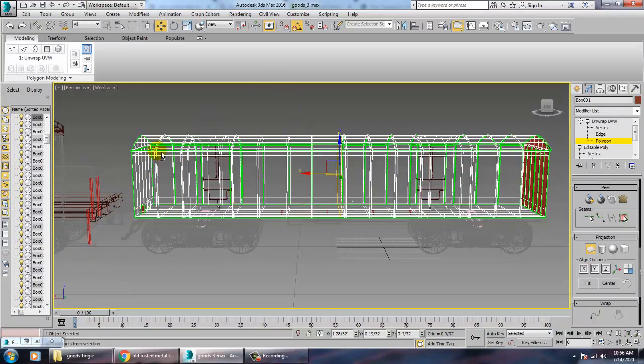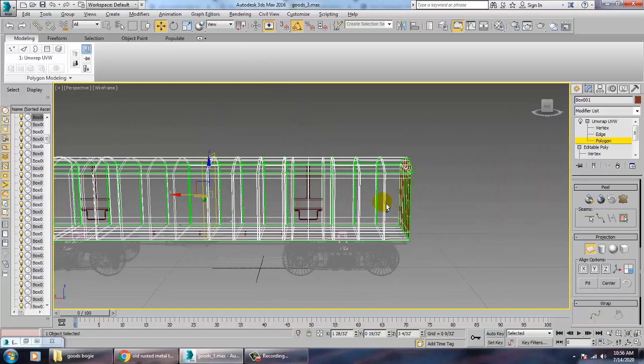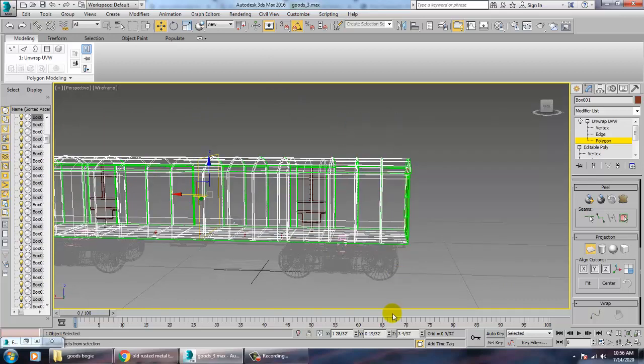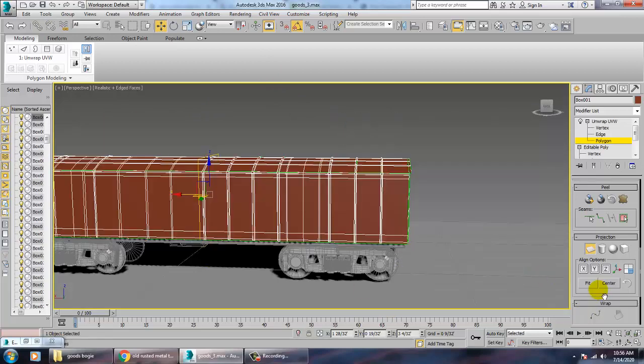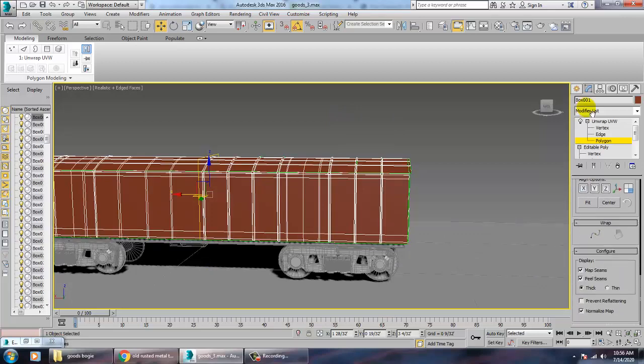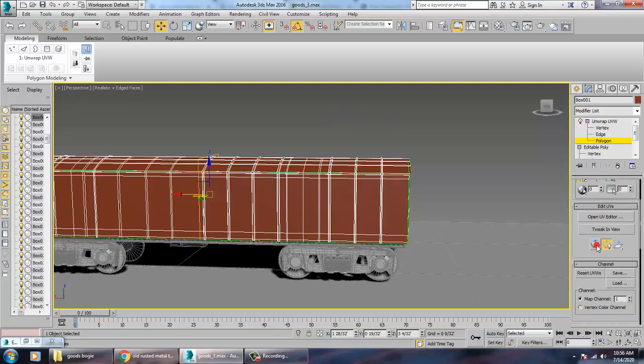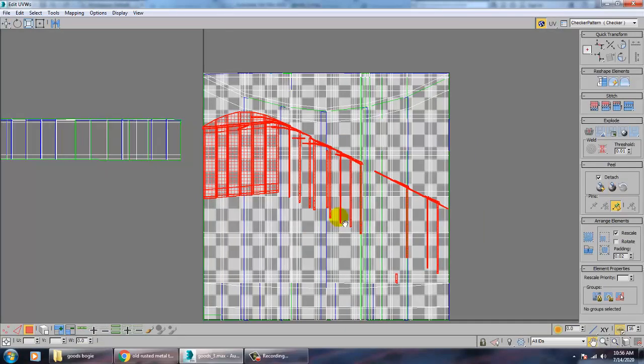Make sure you are unselecting the areas which are really not required, and give quick planar map, open UV editor.